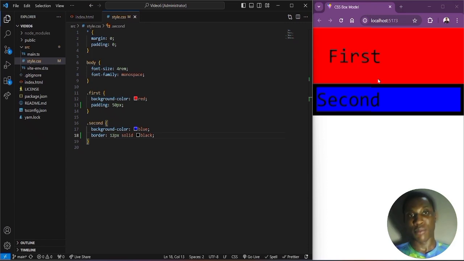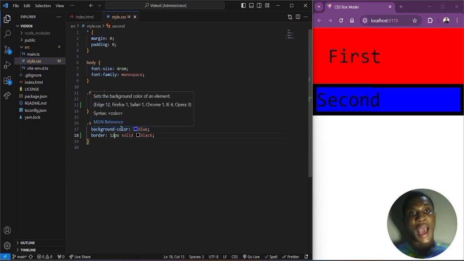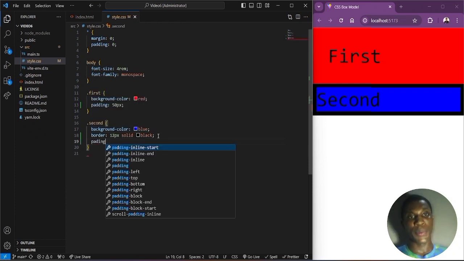Like I said, just take everything as a box. And like I said, this border is after the padding. So the padding occurs between the border and the actual content itself. So if I come over here and increase the padding of this guy